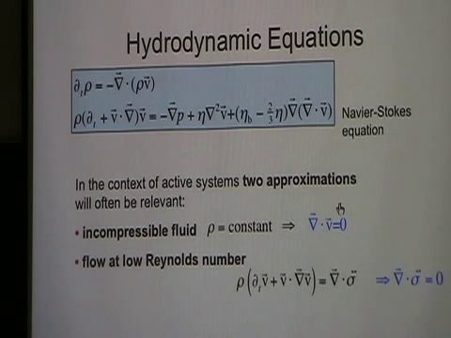And I'd like to conclude today by explaining what that means, and I'll tell you more precisely. You can rewrite this equation so that the entire right-hand side is essentially the gradient of the stress tensor. These are sort of inertia. This equation is sort of like MA equals F. It is the field theory version of MA equals F. So this is MA, the inertial part, and this is the force on the fluid element. The low Reynolds number limit is the limit in which inertia is negligible, and the Navier-Stokes equation is simply written as the statement that the net force on the fluid element is zero. And that limit is relevant